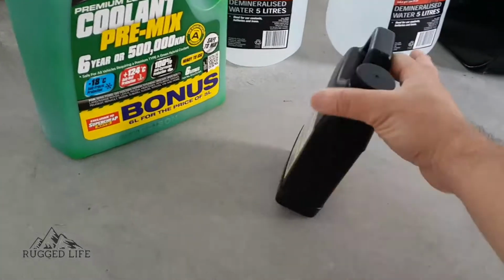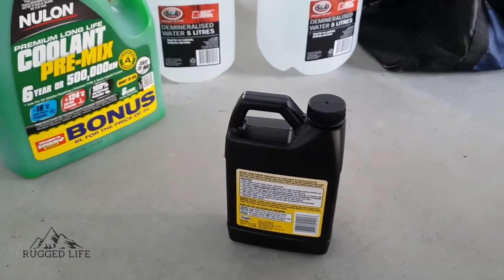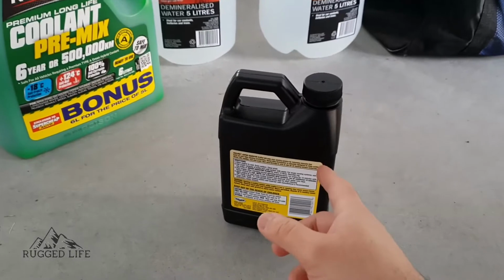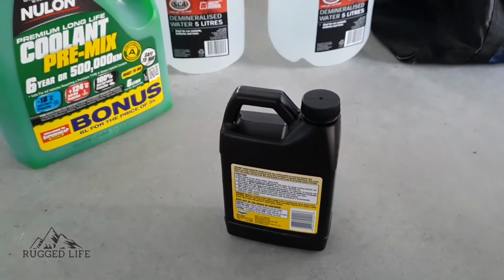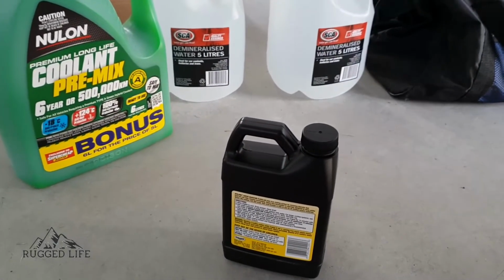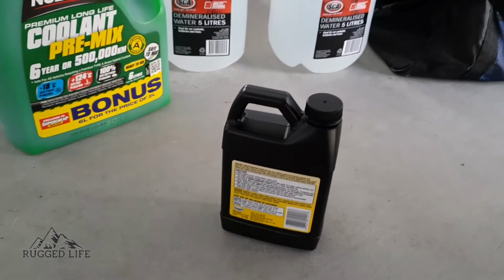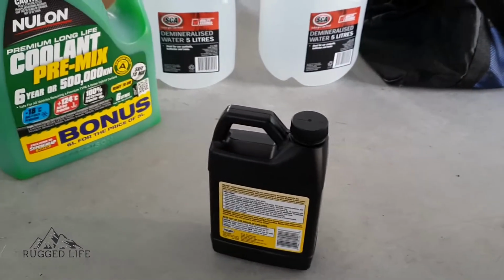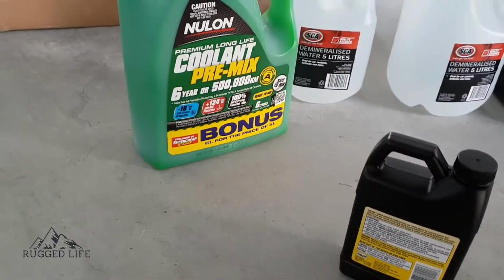Just going to follow the instructions at the back, which is to drain the existing coolant, put the bottle in, fill the whole system with distilled water, and then let it run to operating temperature, turn on the heater, let it run for another 10 minutes, and then drain everything, and then see how we go. If it's still dirty, then I'm going to flush it again until it's clear, and then do my radiator and